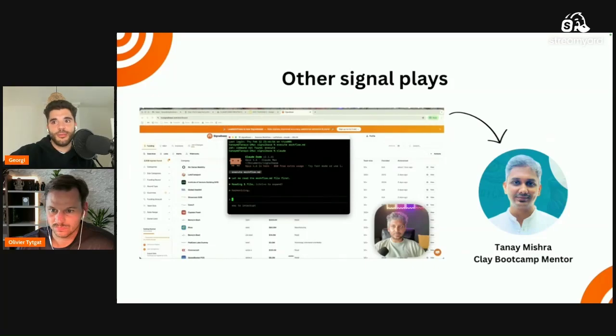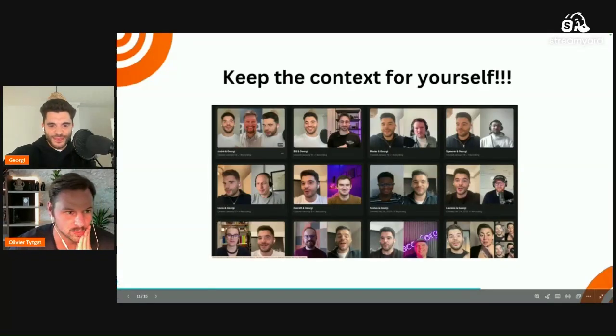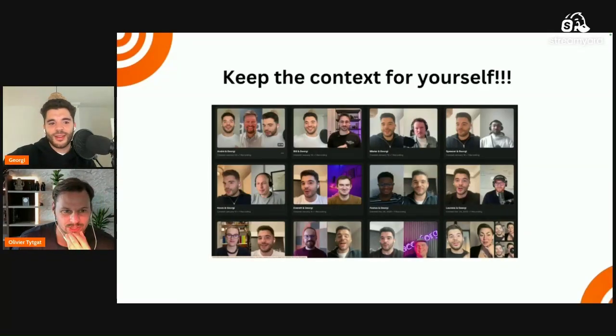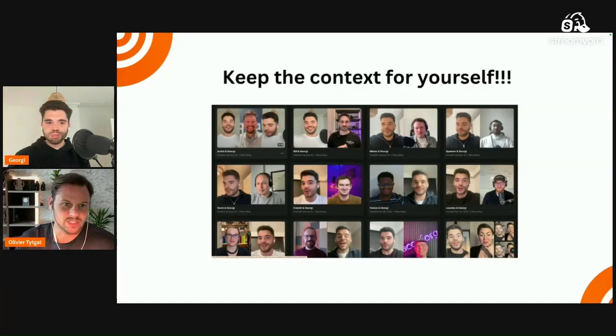I have a few signal plays, but I'll leave them to the end. From now, I would like to show you how to build signal-based campaigns on autopilot, with Signalbase or without. So that being said, passing it to Olivier. I want to add, and I think it's quite important, that people understand the infrastructure or architecture around something like this. So maybe if I share one slide today, it will be just this one.